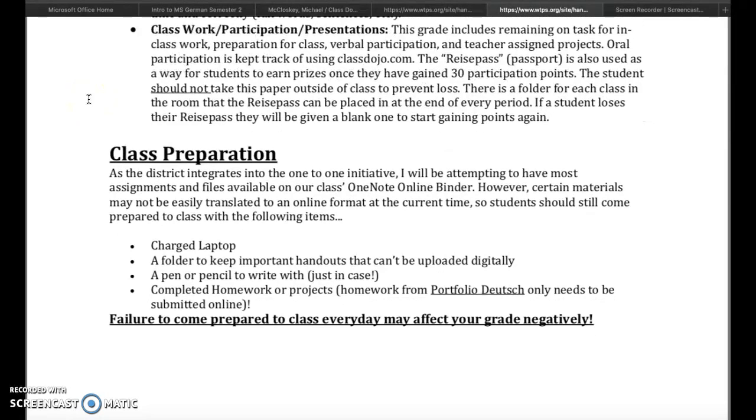Your classwork, participation, and presentation. So this grade, obviously for world language, participation is a big part because we're not just doing grammar, we're trying to learn how to speak and do speaking tasks. So every day we'll have something where we are going to be speaking. Now, even for those of you that may be a little shy,